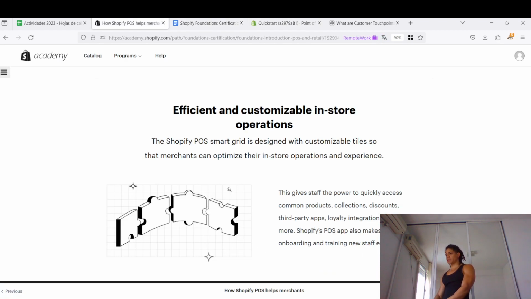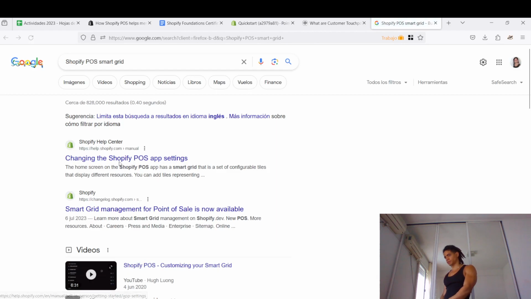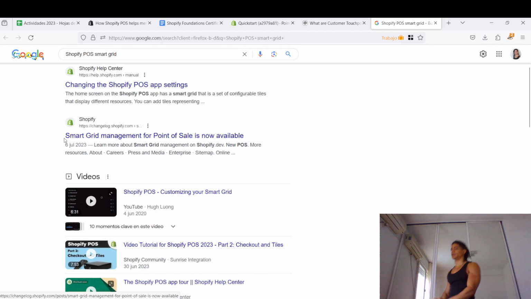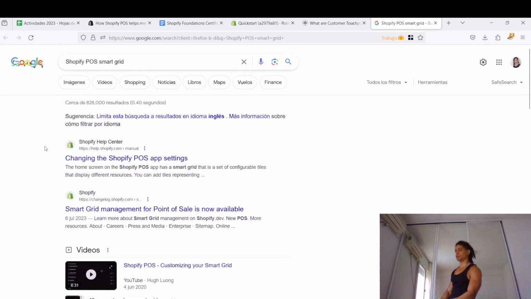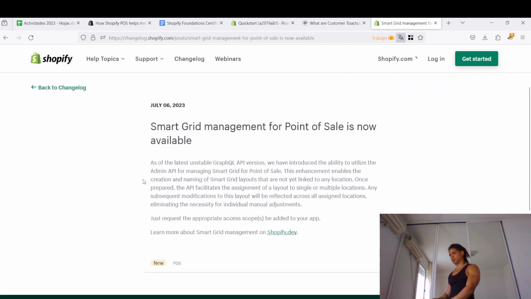So Shopify POS Smart Grid is designed with customization. Shopify POS Smart Grid management. What the hell is in this? Smart Grid for point of sale is now available. As of the latest unstable